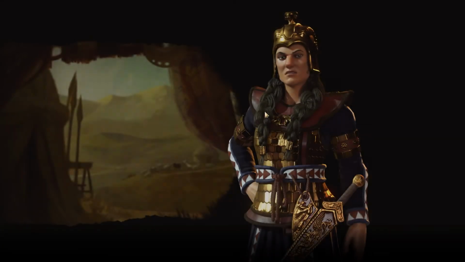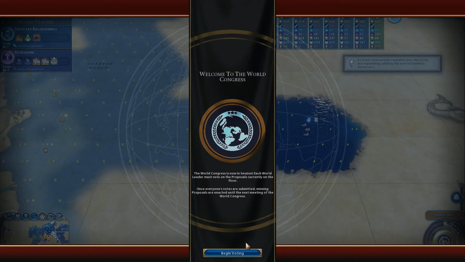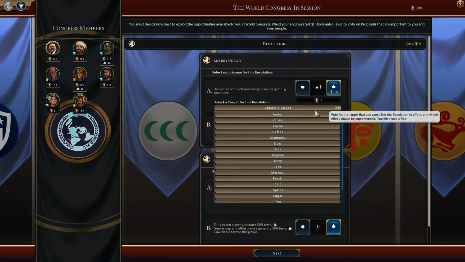Oh, they're mad because we're not spreading our religion to them. Ooh, and we're denounced by Scythia. That's unfortunate. We literally just gave you a gift. How rude. Okay. Duplicates of the local chosen resource grant amenities. I think we're going to vote for...